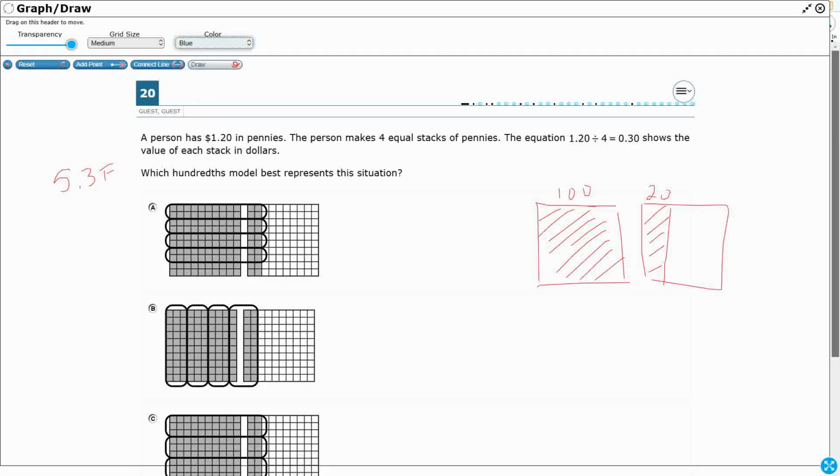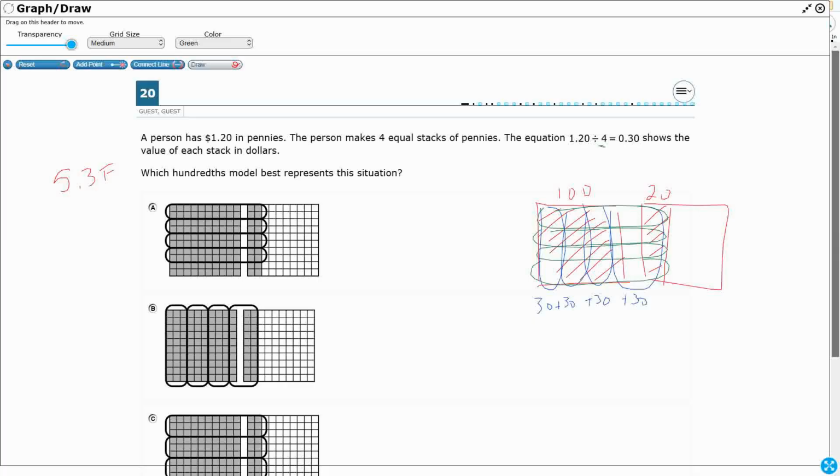I could do 30, 30, 30, 30. That would be one way that I could represent this. Or, I guess if you wanted to, you could just go across, right? You could just go like this, 30, 30, 30, 30. Either way, you're splitting up the amount that's shaded in into 4 equal sections to get 30 cents or 0.30